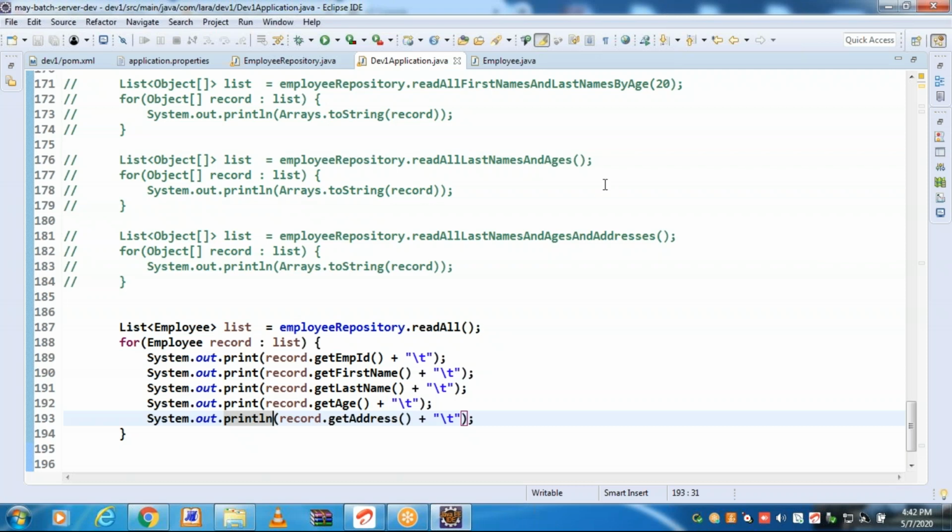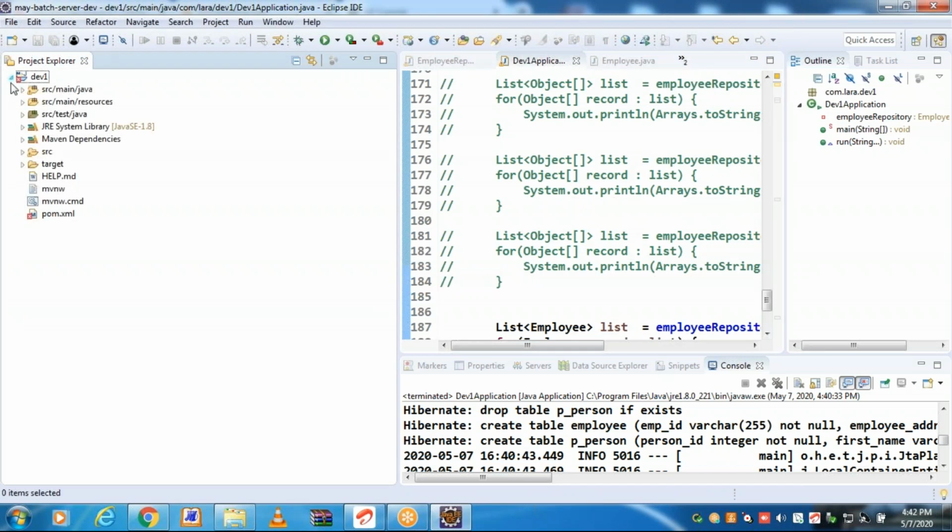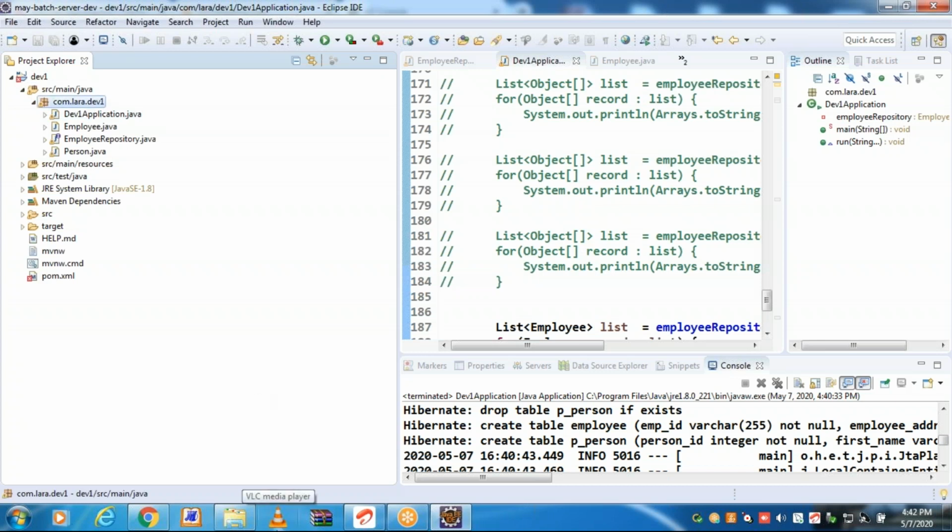Here all the columns of a table we are reading through the entity. The entity class contains every column-specific attribute. If you wanted specific columns, what do we have to do? Here DTO comes into the picture. DTO stands for data transfer object. It can have only selected columns of your table.